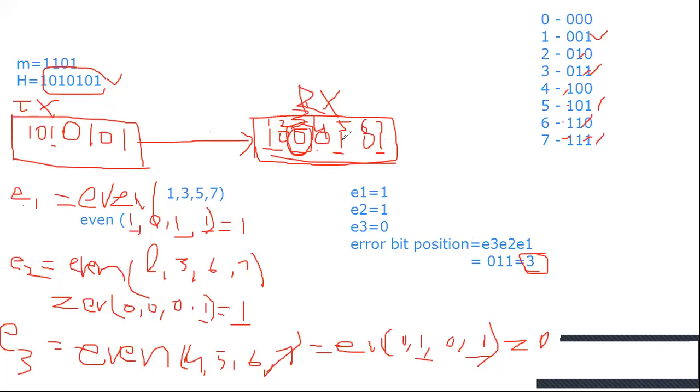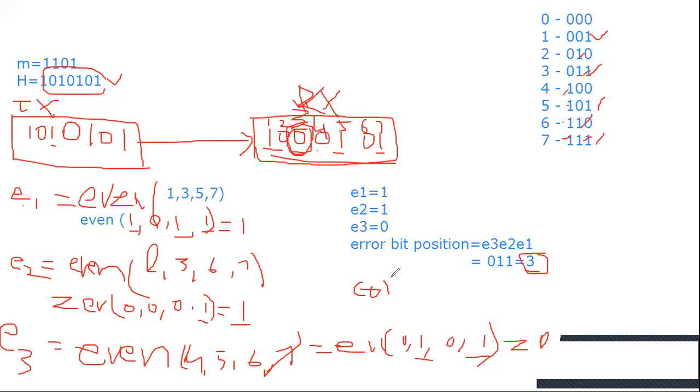So how will that be corrected? Actually, in digital transmission, which bits are there? Either 1 or 0 only. So if 0 is wrong, what is the correct bit? 1. If 0 is wrong, then 1 is the correct bit. If 1 is wrong, then 0 is the correct bit. Here we are calculating which bit has the error. That means the third bit has the error. So we correct that third bit.